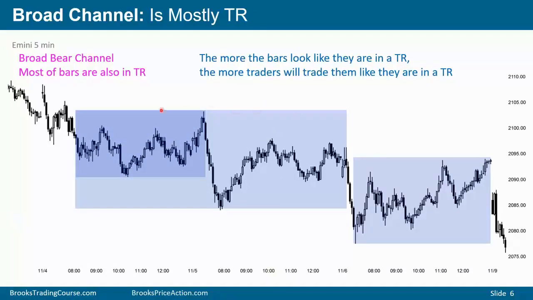And within big trading ranges, there are usually smaller ranges. For example, here's a head and shoulders bottom within this bigger trading range. Whenever the market is in a section that looks like it's dominated by trading range price action, traders tend to trade it like a trading range and pay less attention to the broad bear channel. When the market's doing this, traders are buying low, selling high, scalping. Same with here, even though it's also still in a broad bear channel.